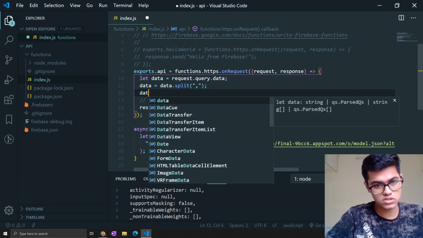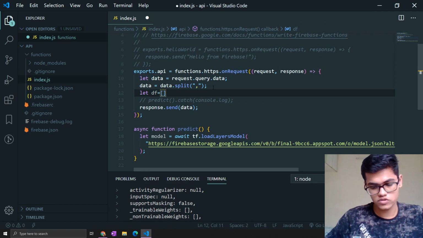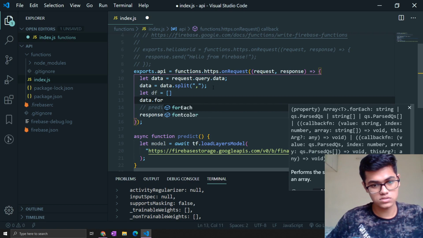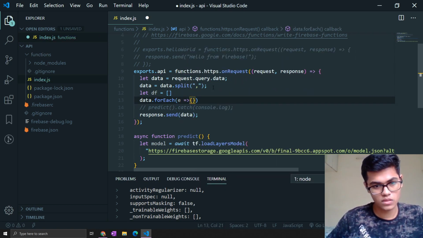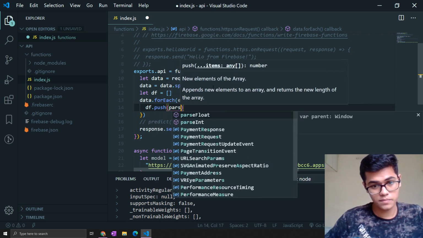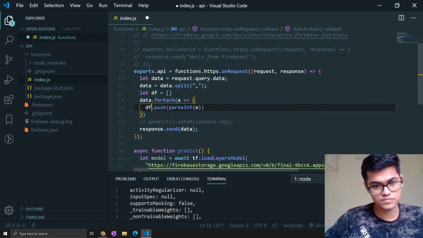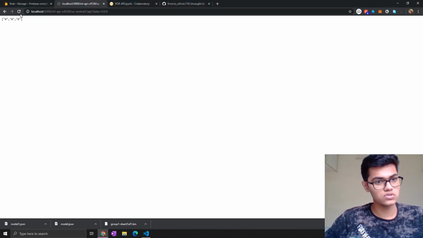For that, I will create a data frame, an empty array, and iterate over this: df.push parseInt of this e, and then this is df. So now what we get is this integer.